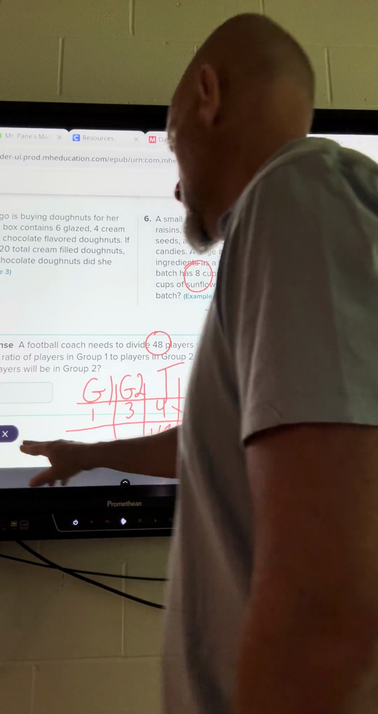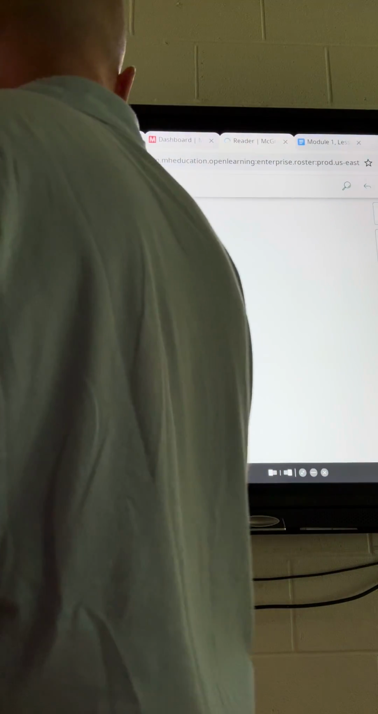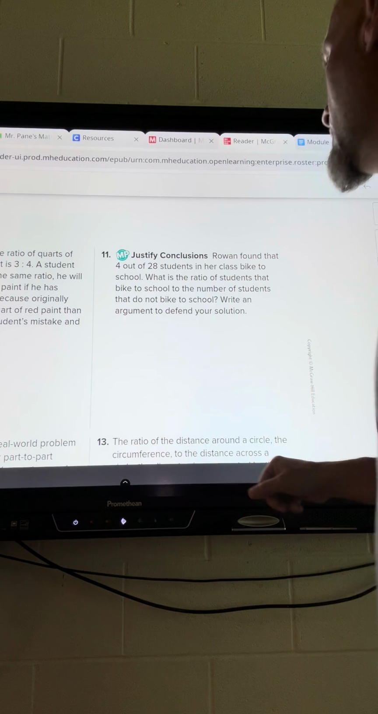And then that should help you with the rest of it. All right, the other problems. Actually there's only one other problem, right? Number 11? You don't have to do anything else. Number 11,